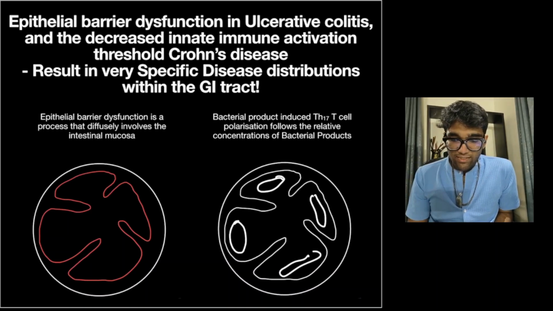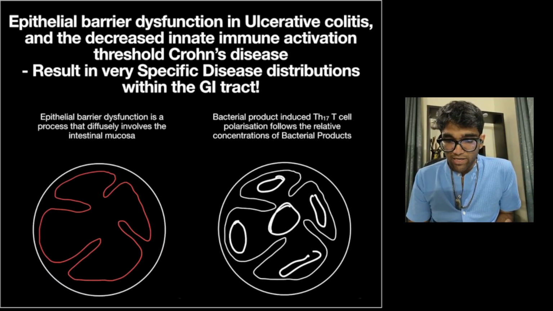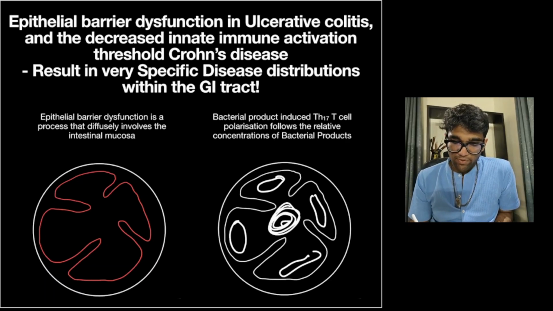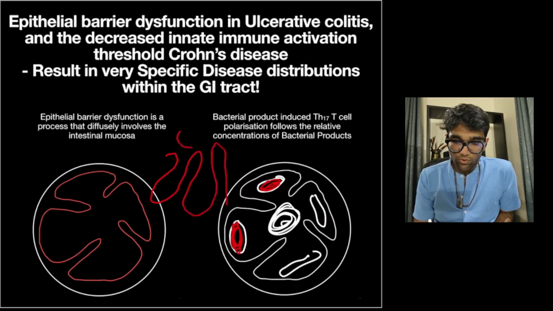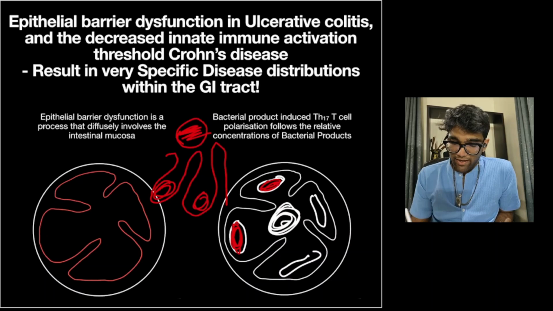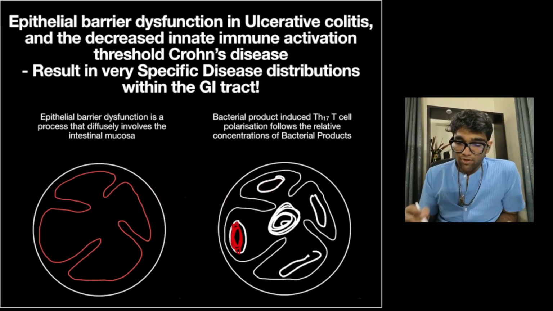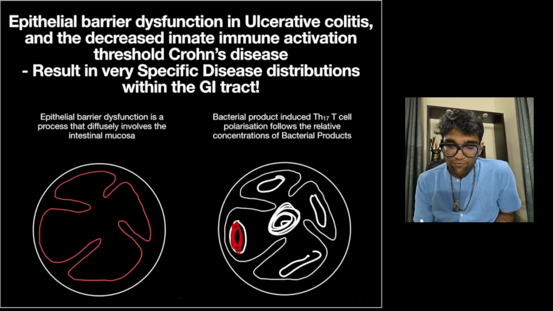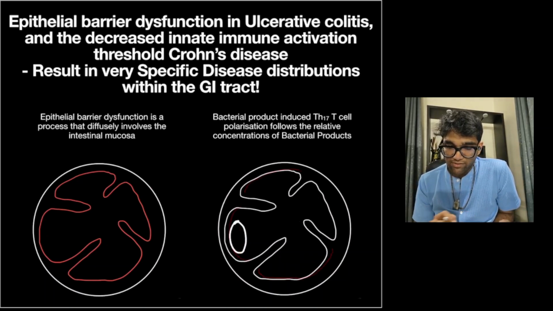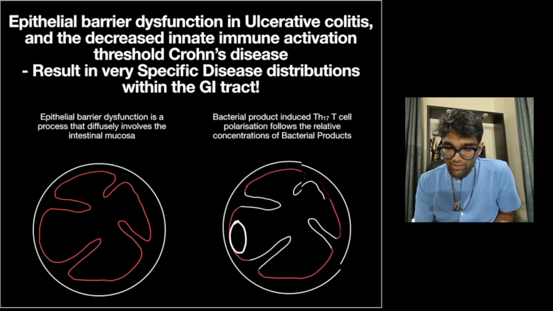So the stagnation is not in the middle of the lumen of the intestine. It's actually primarily at the sides of the lumen, or actually the base of the folds of the intestine. Okay, so the fluid within the lumen is moving freely here, but it is stagnated here, and because it is stagnated there is bacterial proliferation there. Okay, and bacterial proliferation at these sites would therefore result in more innate immune activation at those specific sites, and we get involvement here,